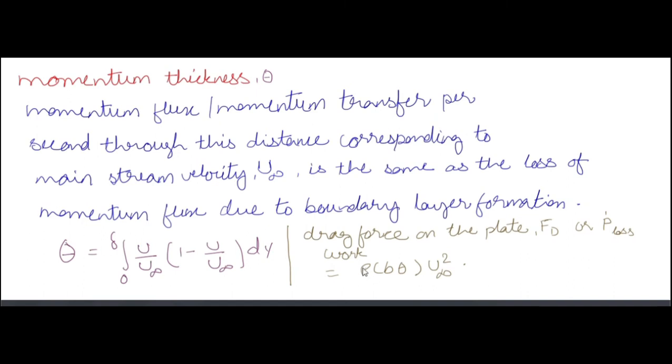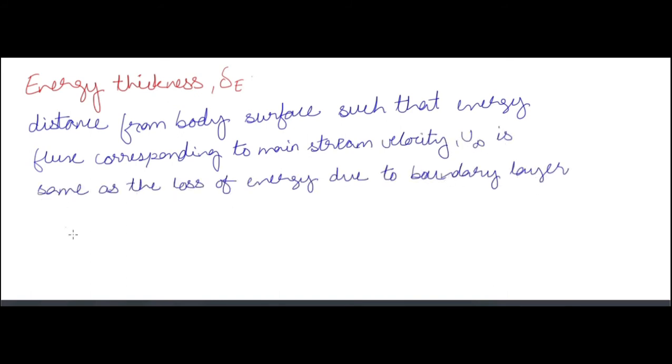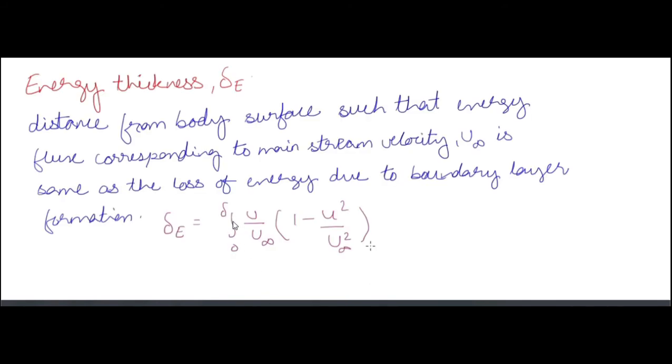Now energy thickness, delta E. Displacement thickness was related to the rate of mass flow, momentum thickness was related to the rate of momentum loss, and energy thickness is related to the loss of energy. It is the distance from the body surface such that the energy flux corresponding to the main stream velocity u infinity is the same as the loss of energy due to boundary layer formation. So delta E is equal to the integral from 0 to delta, the boundary layer thickness, of u by u infinity into (1 minus u square by u infinity whole square)